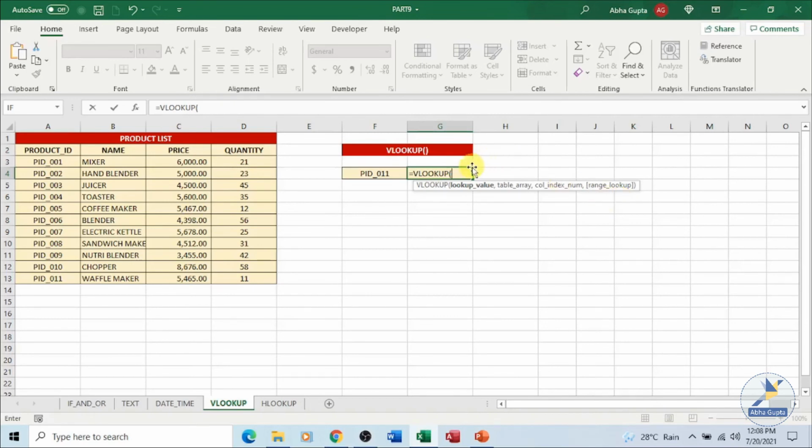You have to type in the VLOOKUP, then the cell where you have the data which you are looking for. I've written the value in this particular cell. Why I have written the value over here, I'll let you know in a while.